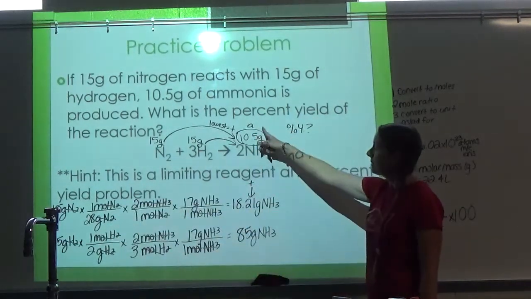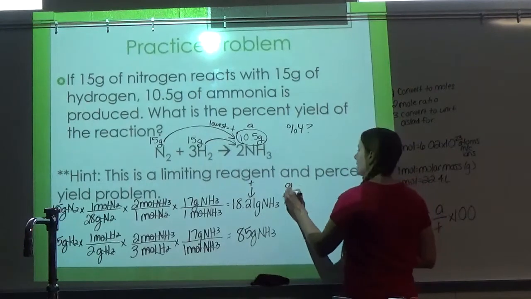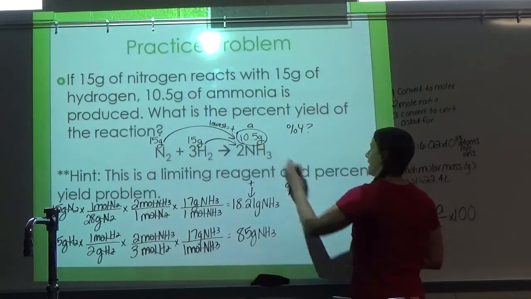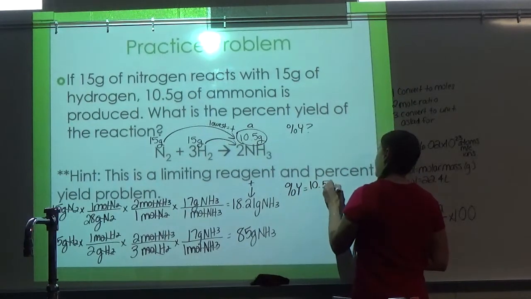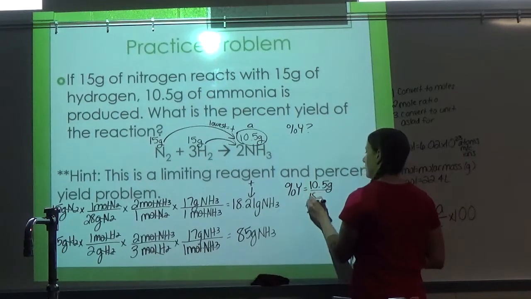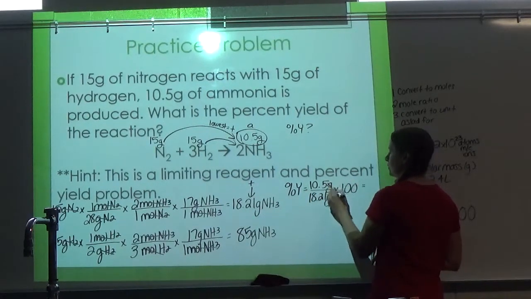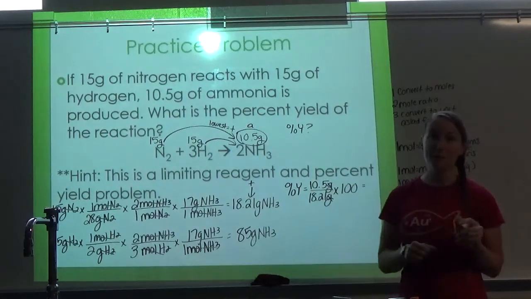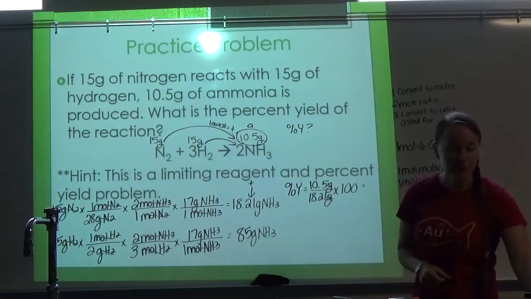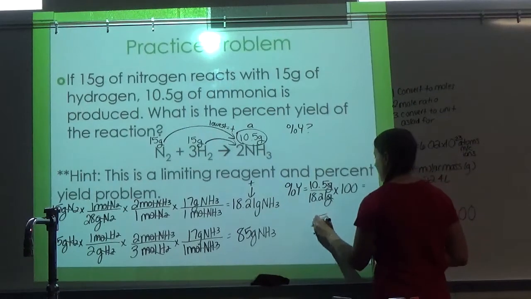Alright, so now I have my actual and my theoretical, so then I just plug in. My actual was 10.5 grams. In theory, we should have made 18.21 grams, times 100. Those grams cancel, and so, drum roll, let's see who got it right. You should have gotten 57.7%